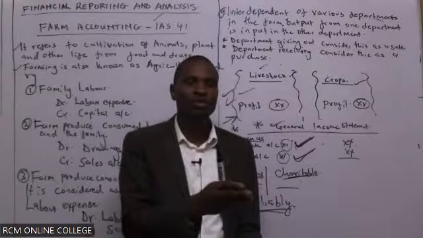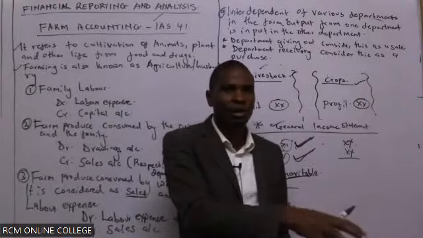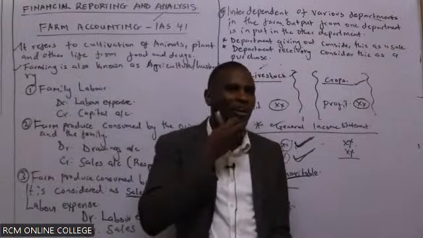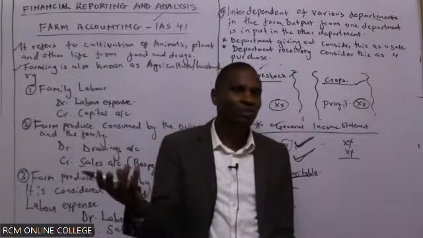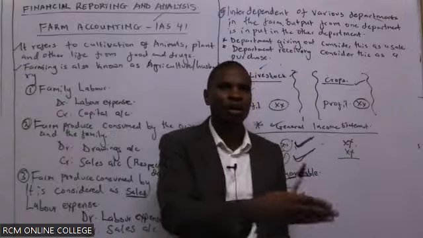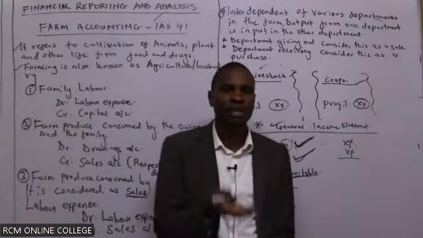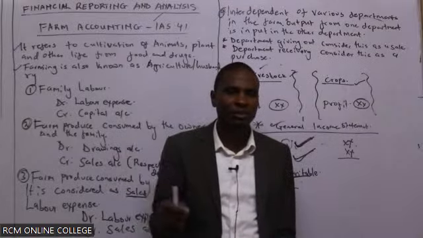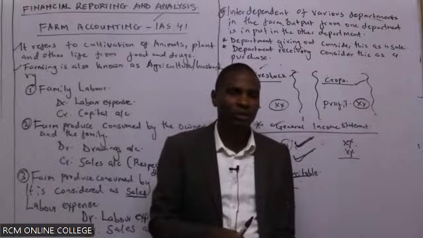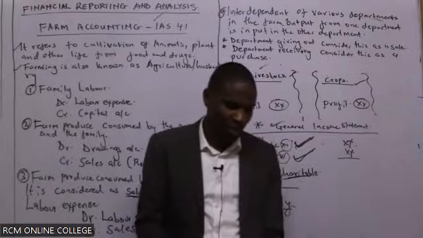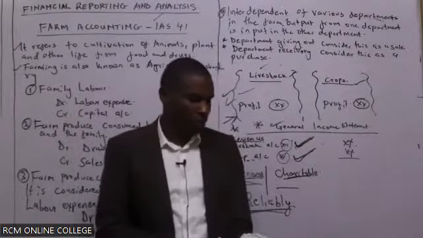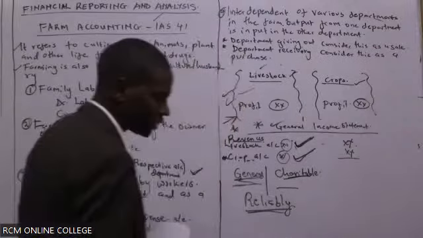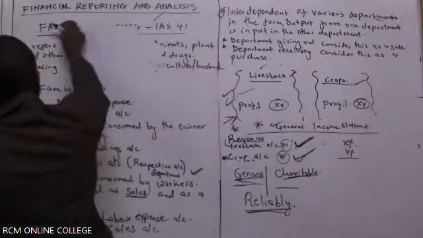The other way is true. When you talk of maize stock, it is coming from the shamba, from the crop. So we're taking it to be consumed by our livestock. Therefore, the livestock department has purchased the maize stock and the crop department has sold. So the sales for the crop department are going to increase, and the purchases under livestock are going to increase as well. I think that with that summary, you'll be able to proceed with any question that comes along.